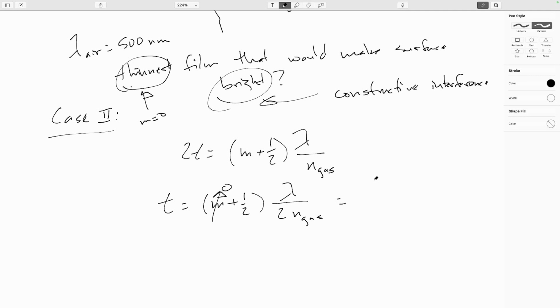So this works out to be the wavelength in air over 4 times the index of refraction for gas. So that's going to be 500 nanometers over 4 times, we said our index of refraction for the gasoline is 1.40. So that's going to work out to be 89.3